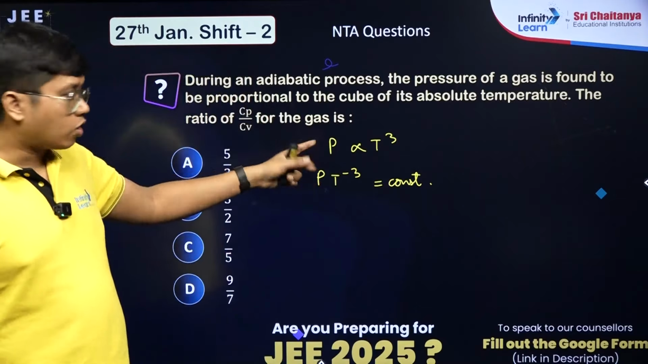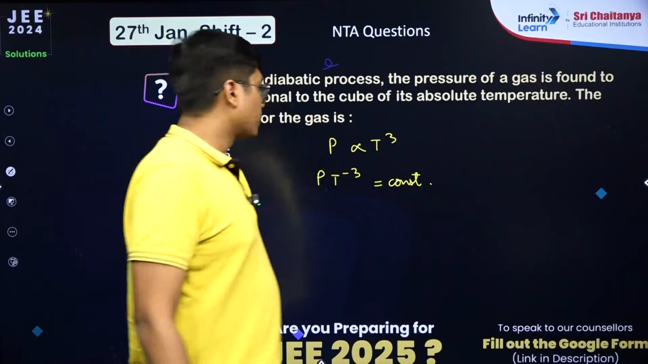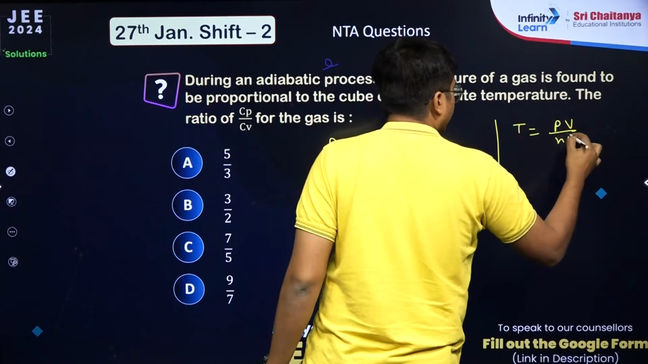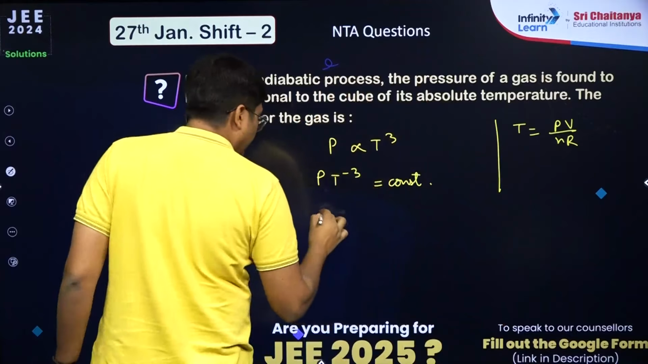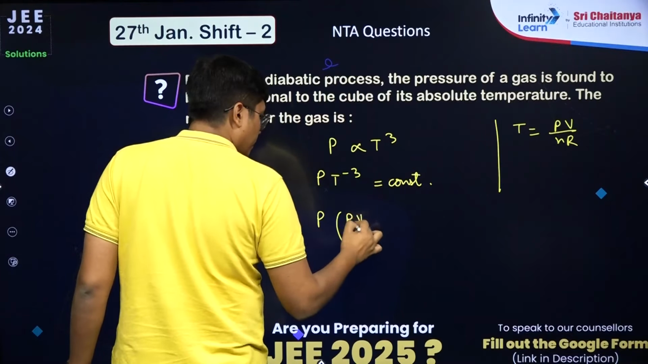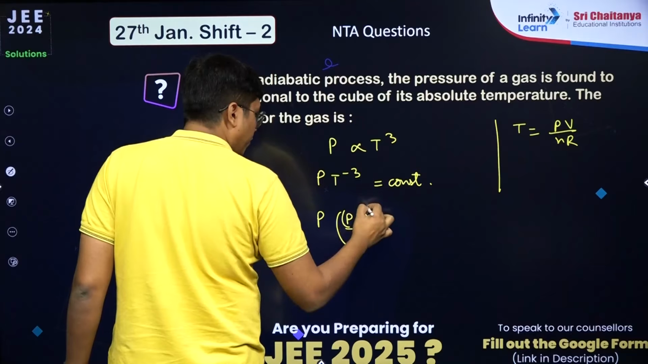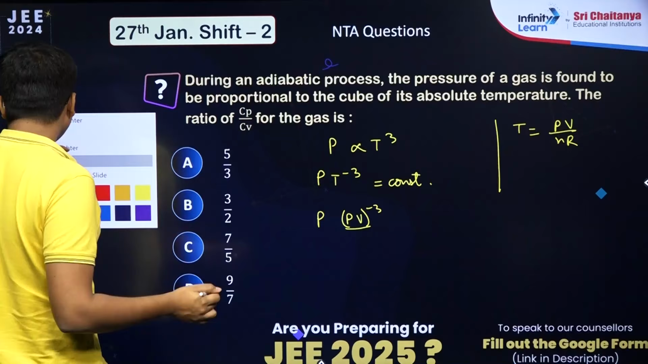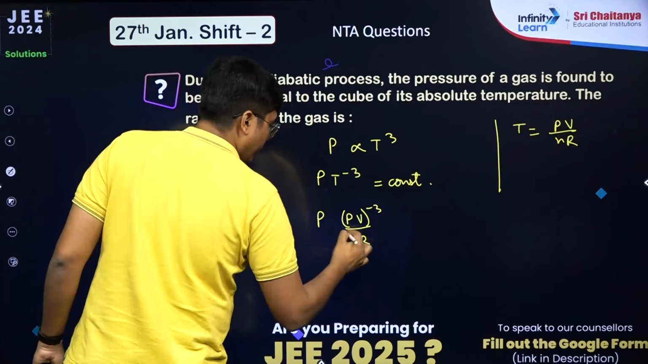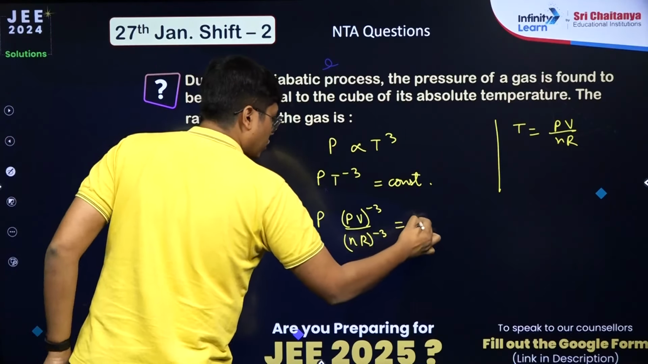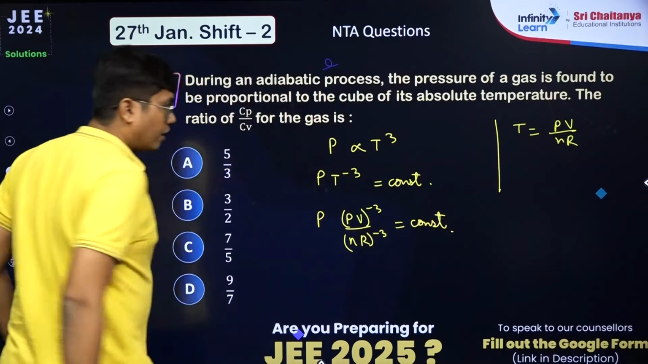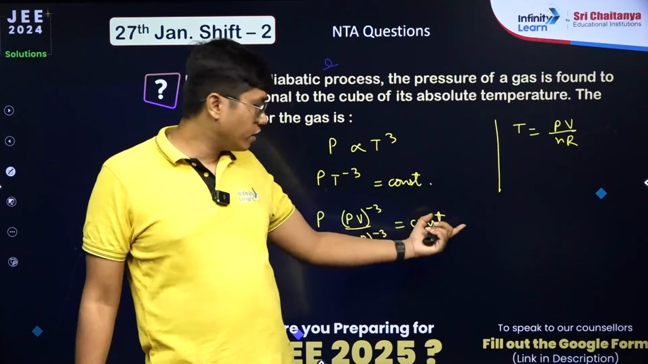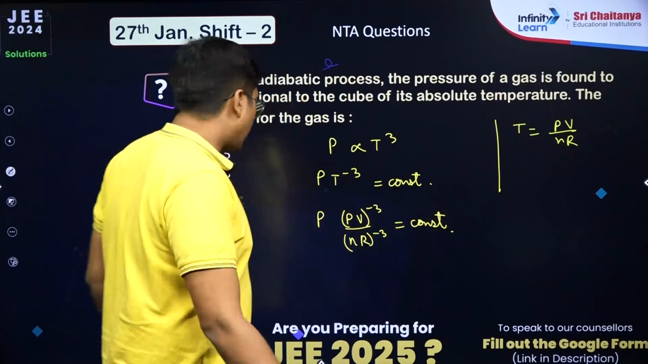Pt to the power minus 3 is a constant. I just brought the T cube over to the other side. Now T is equal to PV by Nr, so I can write it as P into PV to the power minus 3, divided by Nr to the power minus 3, is a constant. Now this Nr to the power minus 3 I can cross multiply to the other side because it's a constant, won't play any role here. It's going to go over to the other side. So I will eventually be left